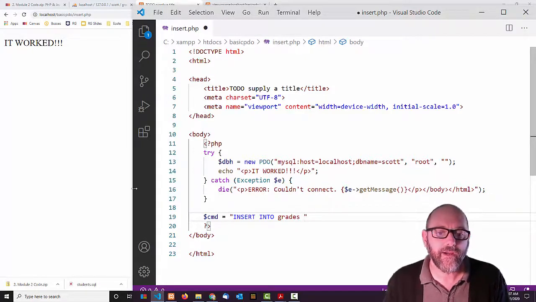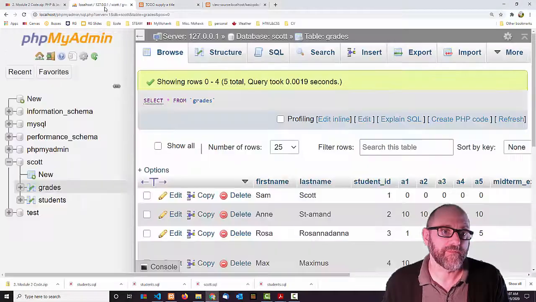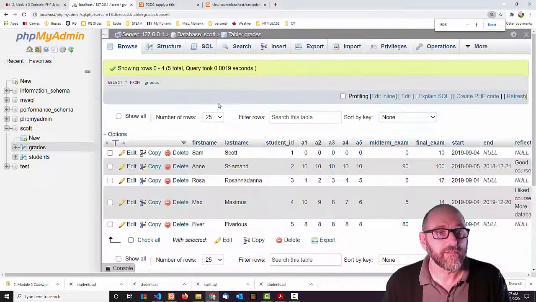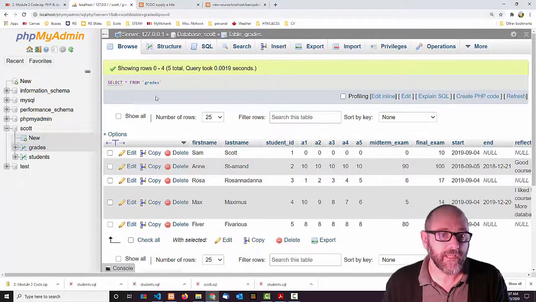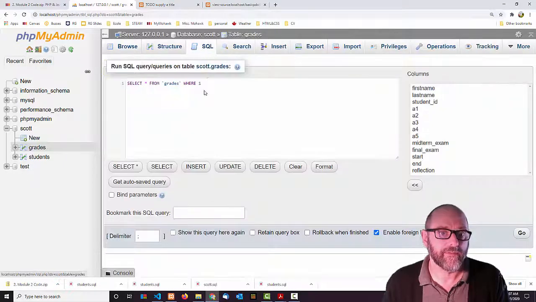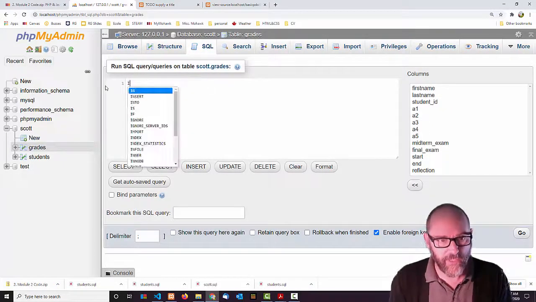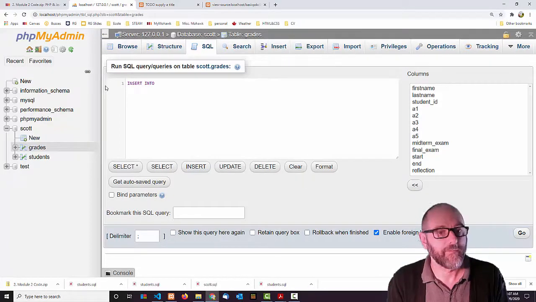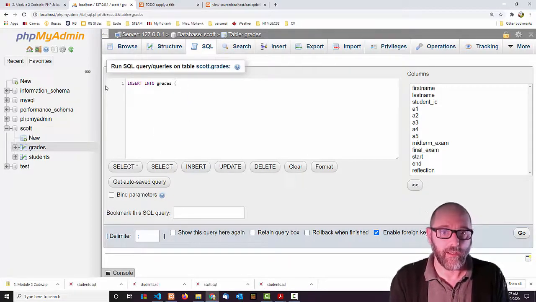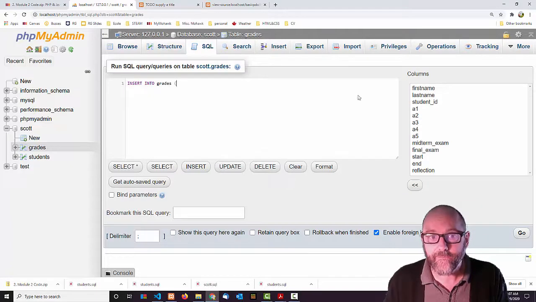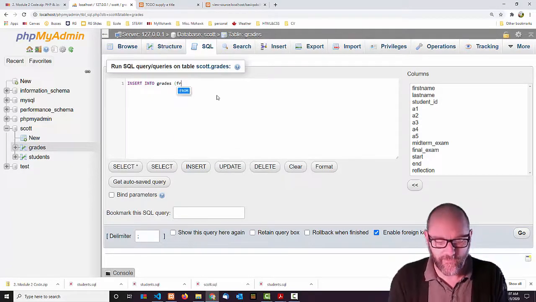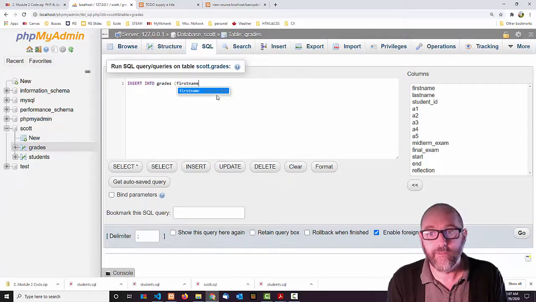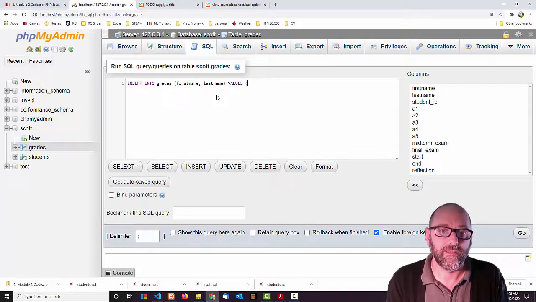And now here's what you can do, which is a good idea: go into your localhost XAMPP, phpMyAdmin, and just try to work out the command here. Insert into grades. It's going to be first name and last name. There they are, you can see the columns over there. If it's set up right, I only need those, and the rest will have default values. Values,